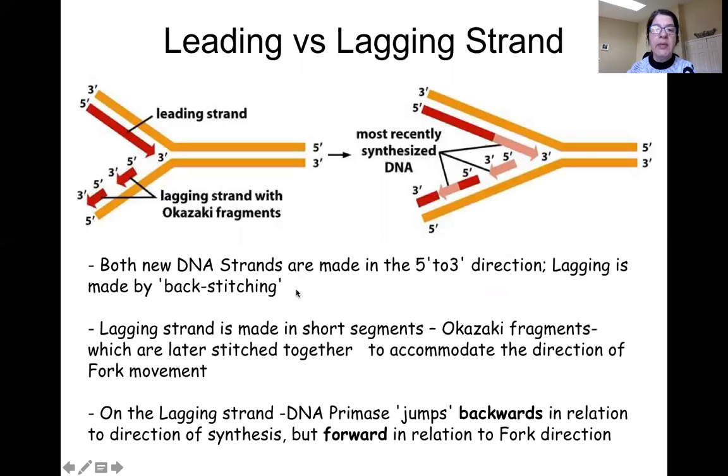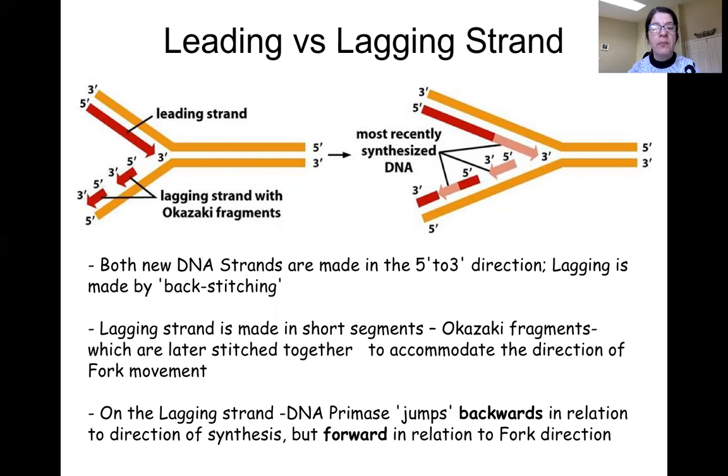Both new DNA strands are made in the 5' to 3' direction. The lagging strand is made by backstitching. Backstitching means the polymerase jumps backwards, backwards relative to the direction in which it is synthesizing, but really in the same direction as which the fork is moving. So the lagging strand is made in short segments, Okazaki fragments, and they're later stitched together